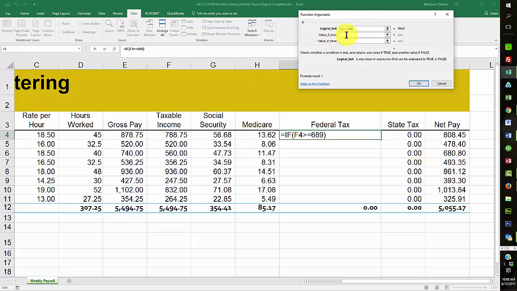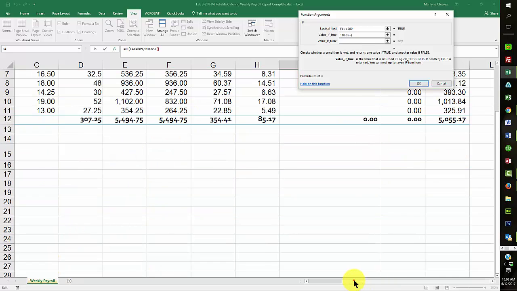Then the true portion would be 110.85 plus,